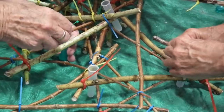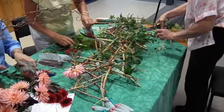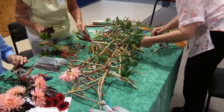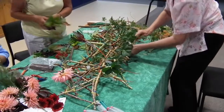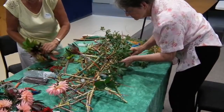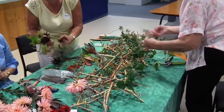So then they can then add the vine. The vine goes on first into the flower file, which was filled with water by now, and so it trailed from one end to the other. The stems of the flowers were then cut short, and they were also added